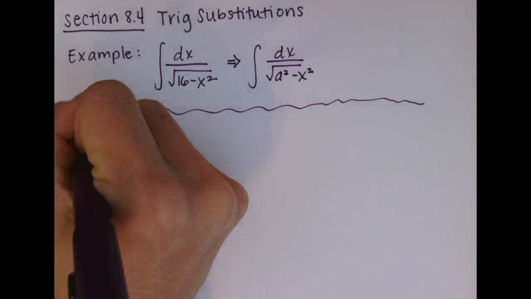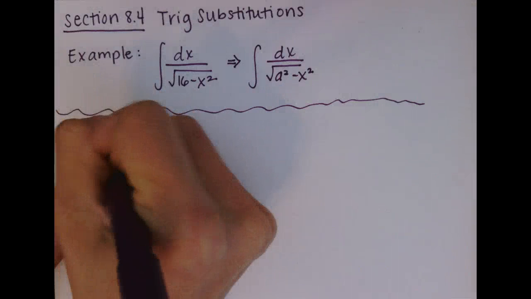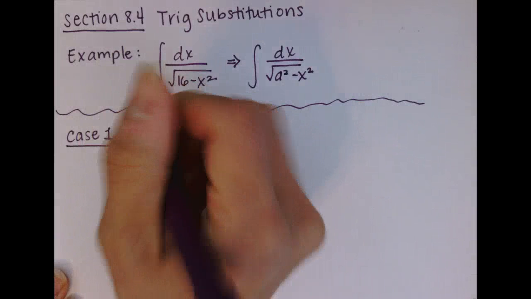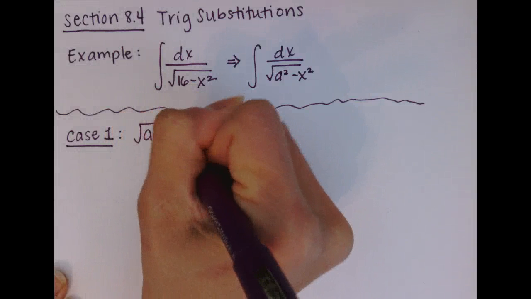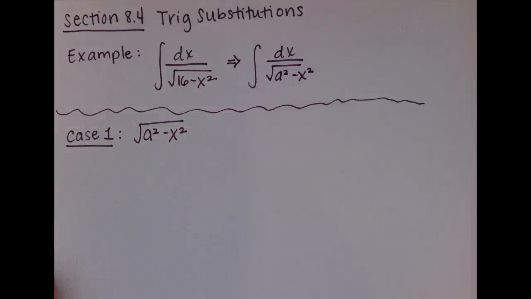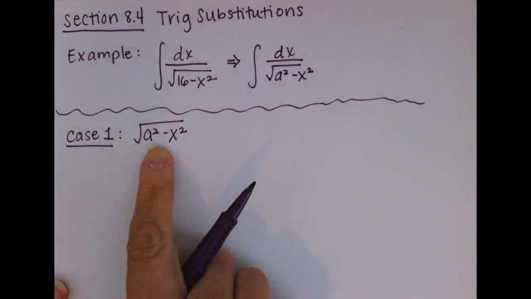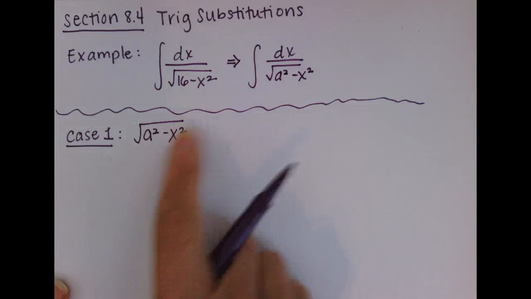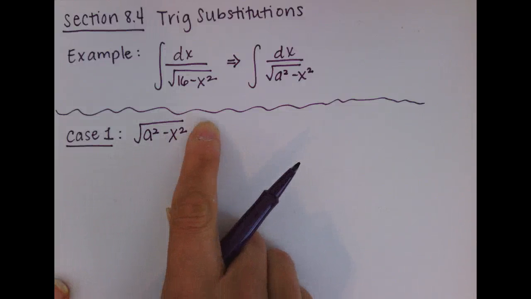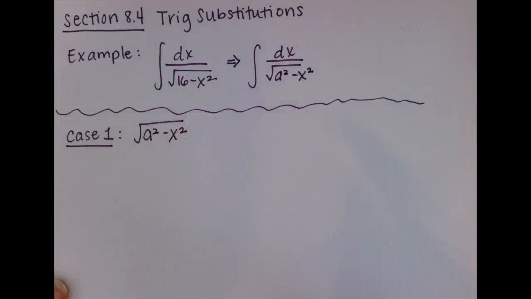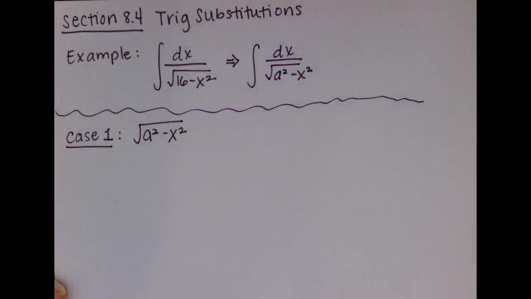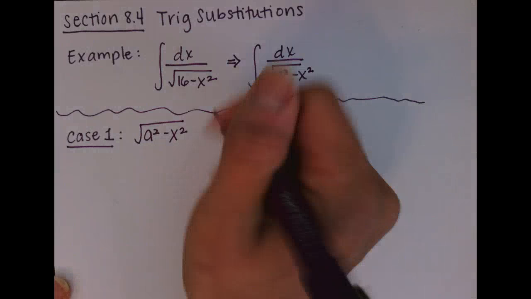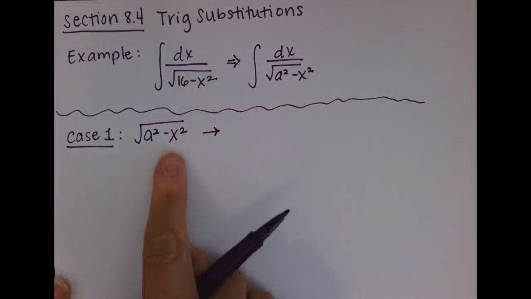So basically we have three cases. And case one goes back to what I just referred to, where you're going to see the square root of a squared minus x squared. And again, it is going to be in the denominator. It's also possible that you might have a squared minus x squared to the 3/2 power, meaning that you're square rooting it and then cubing it. So you could see some other versions of rational powers here, not just a square root. But in any case, when we have this format,